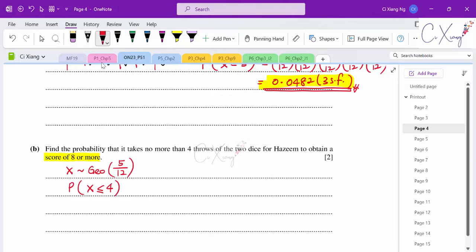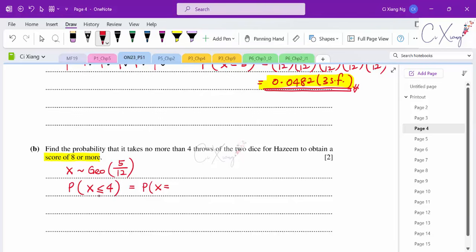So it should be smaller equal sign. Okay, then how can I calculate the probability here? So there are two methods for you to find out this answer. The first one is you try to find out the probability one by one. So that means the number of throws smaller than 4 or smaller equals to 4 means that you can have